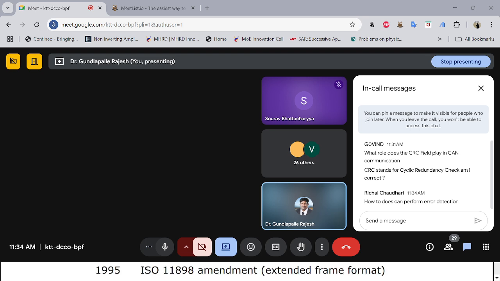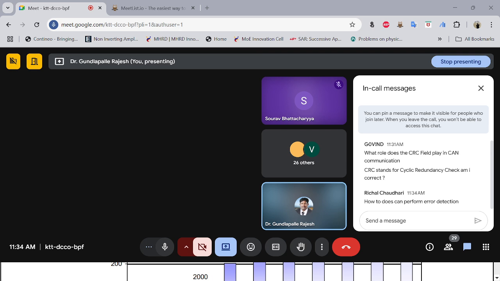Okay, so this will be the CAN history. How the CAN was first started, and then how it was done, how the serial bus technology was converted to a CAN. Right, so now see here, the number of nodes that a CAN can handle